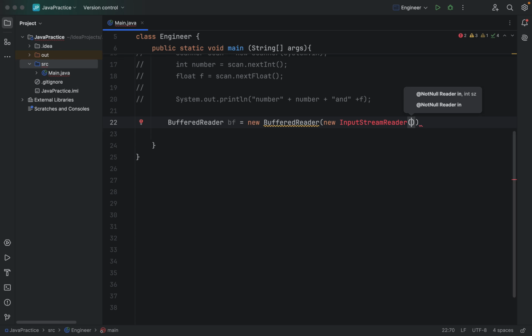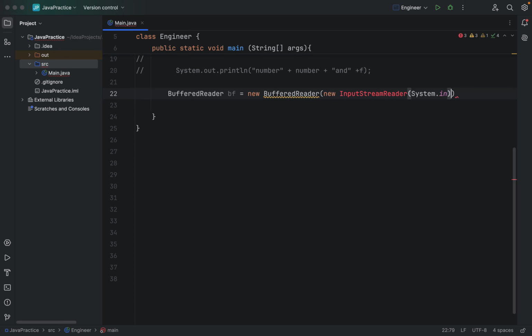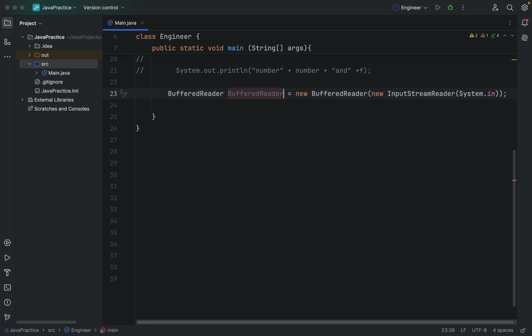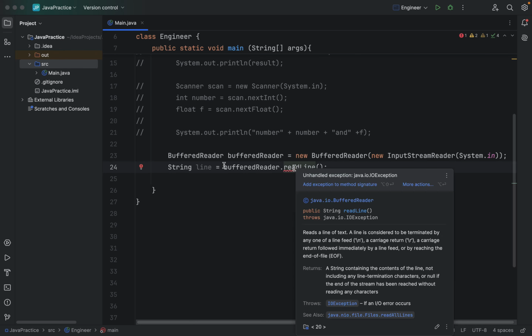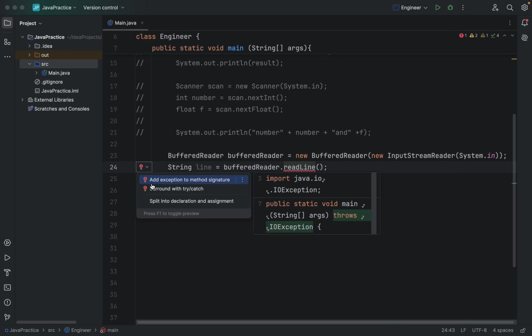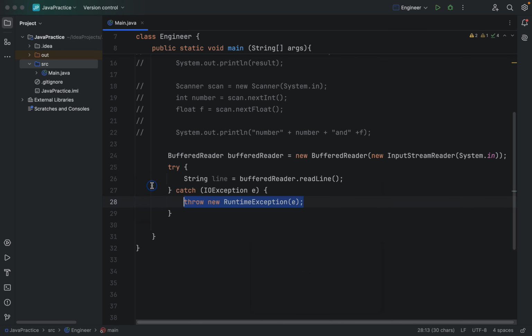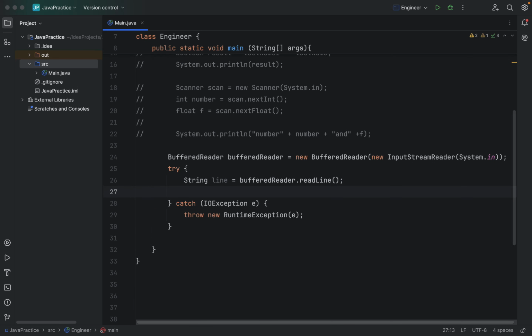Okay, and this takes System.in. Let's import this one, and with the help of this BufferedReader we can just use readLine like this, and it is telling us to add IOException, or we can surround it with try-catch here,